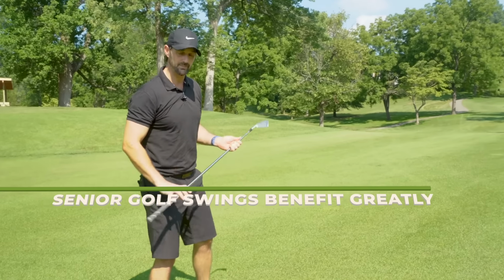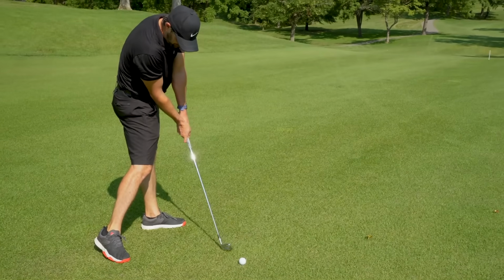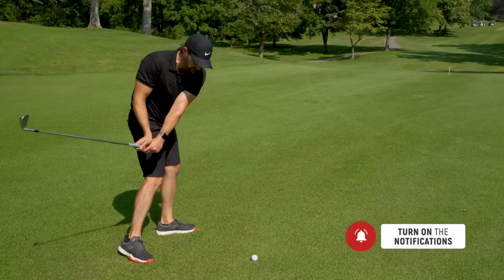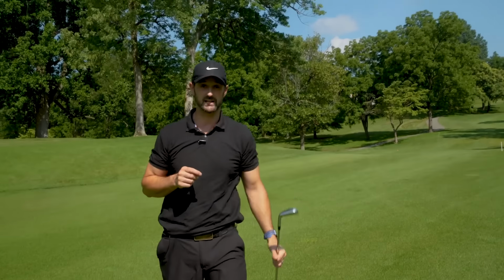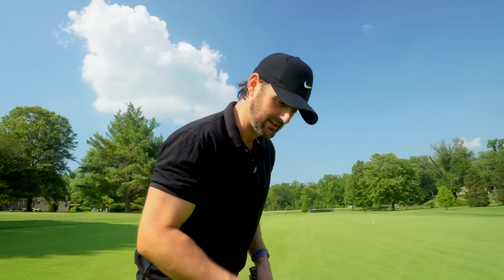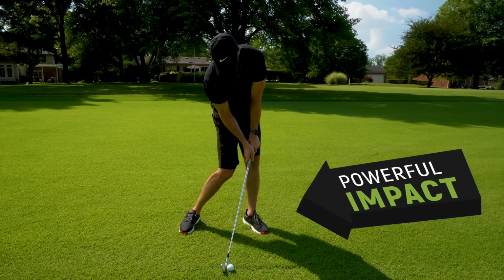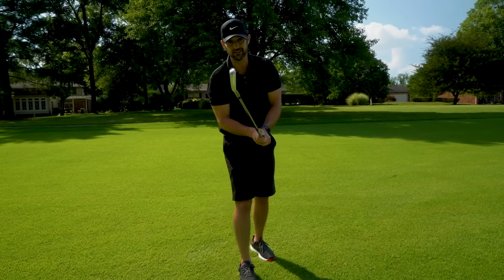So please remember that. Yes, having this consistency to repeat this placement is going to do wonders, but it is just a brief moment in time. The rest is going to be getting through. I promise you, that is what's going to change your game for good. The key thought I want you to have is trail shoulder at the ball. What that's going to do is give you a very powerful, consistent impact that creates club face stability,